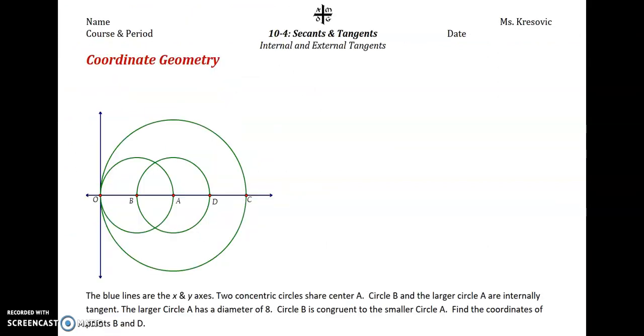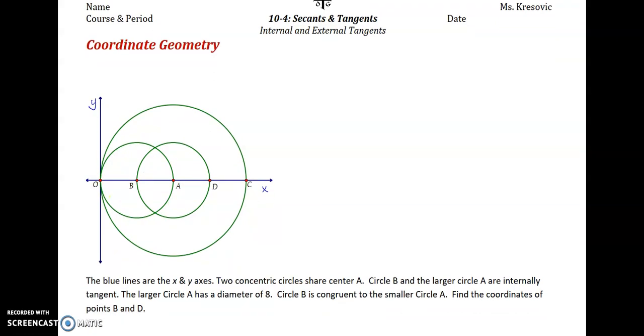You may also see these problems in the context of coordinate geometry, which is just simply where you have points given to you on the x and y plane. Two concentric circles share center A, so that means this circle and the outer big circle share center A. Circle B and the larger circle A are tangent internally, and the larger circle A has a diameter of 8,